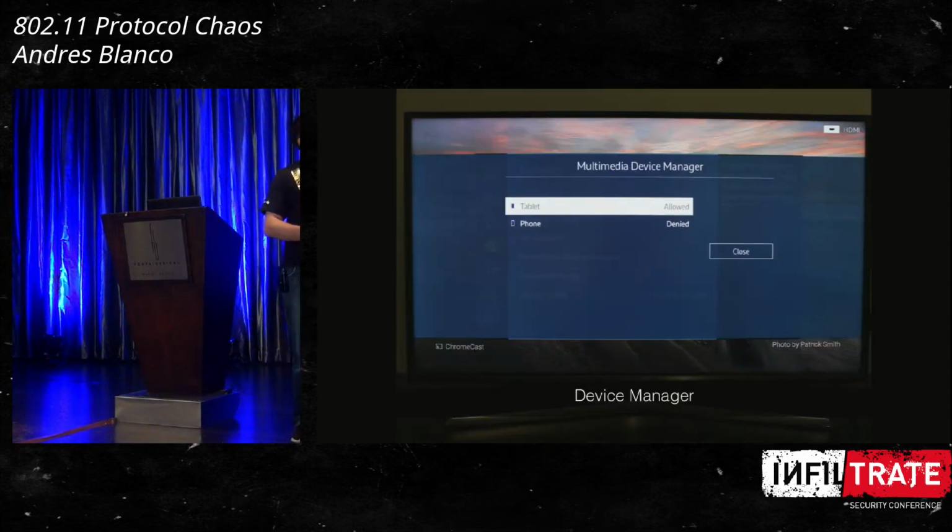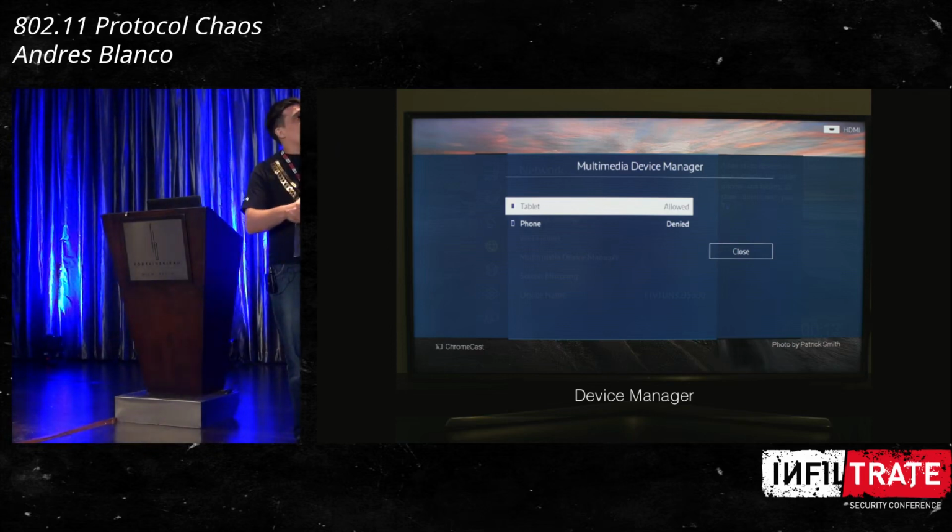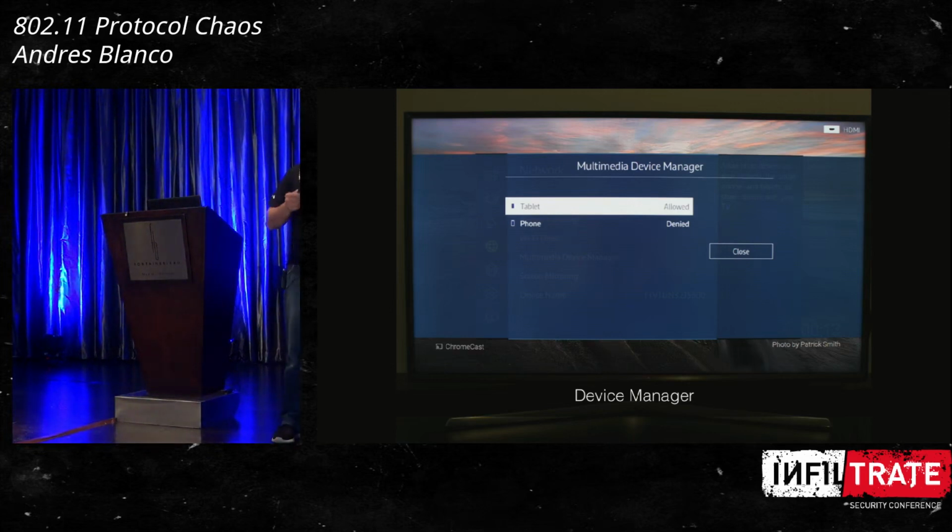This is the whitelist and blacklist method they use. It's a multimedia device manager that they have there, and you can have the allowed and denied devices. But someone remember, like, I don't know, 10 years ago, when people implemented MAC filtering as a secure method of authenticating devices to connect to a network, and you think, okay, no one is going to implement this again. It's stupid. Everyone knows that the MAC address goes through the air in plain text, and anyone can read it. So it's not secure at all. Well, Samsung went to the cemetery and revived that method, and they implemented it here.